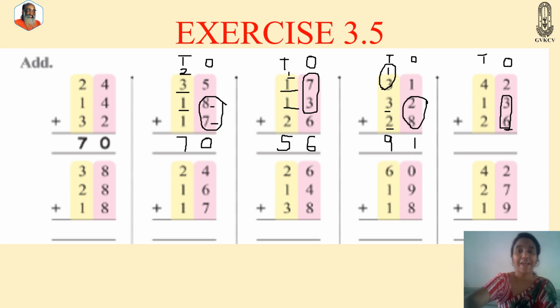To it we should add 2. Now 9 in your mind, take 2 fingers in your hand. 9, after it 10 and 11. So 1 I will write here and 1 on the top of tens. Now 1 plus 4, the number after 4 is 5. So 1 plus 4 is 5. 5 plus 1 is, the number after 5 is 6. So up to here we got 6. Now 6 plus 2: 6 in mind, take 2 fingers, 6, after it 7 and 8.